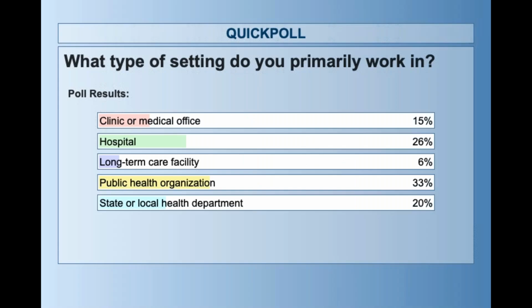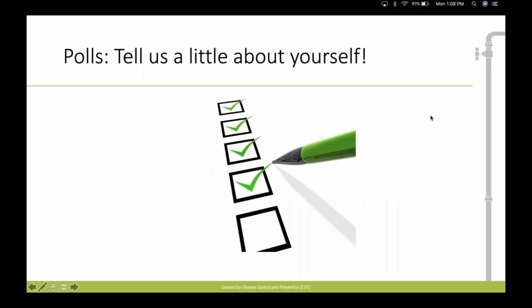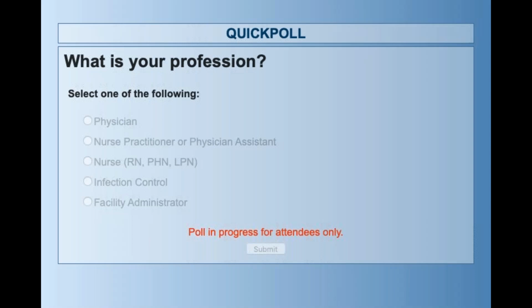So it looks like we're over 30% public health organization, and then also a lot of folks from hospital and state or local health department. Great, and then the next poll is, what is your profession? So we'll launch that poll. The options are physician, nurse practitioner or physician assistant, nurse, infection control or facility administrator.